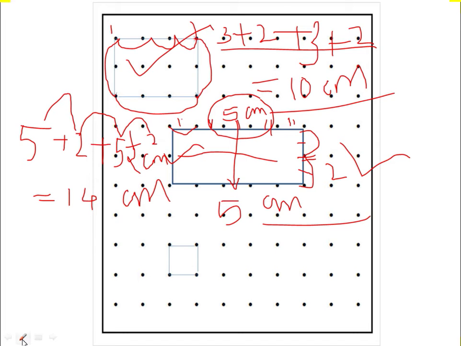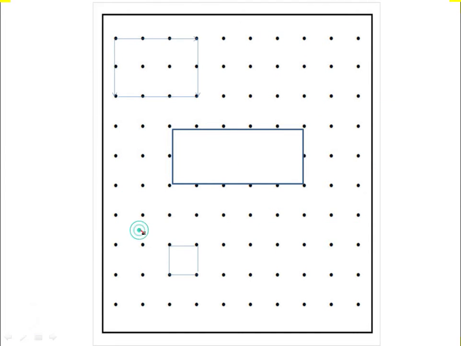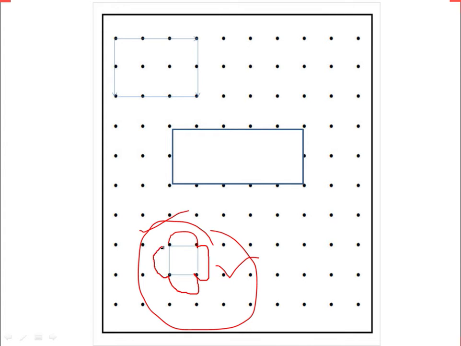Now dear students, we will try to understand this one. In the last, I have given this small square over here. Now dear students, this is very simple. We have to measure the perimeter of this square. Now you can see this is 1 centimeter, this is also 1 centimeter, this is also 1 centimeter, and this is also 1 centimeter. So 1 plus 1 plus 1 plus 1, what will be the perimeter of this shape? 4 centimeter, isn't it? So in this way you can find the perimeter of any closed shape.